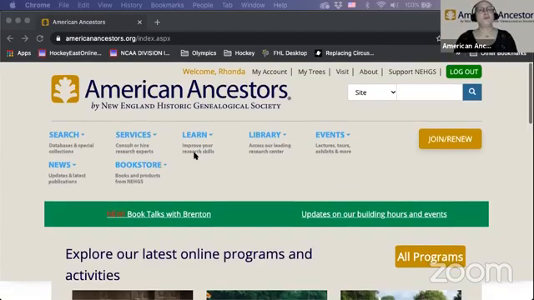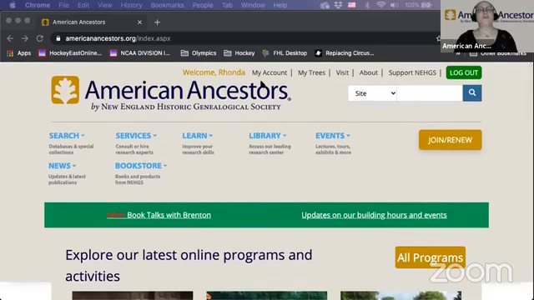So the first thing that we're going to do is make sure that you're logged in. You can see here it says welcome Rhonda at the very top. That is to let me know that I have logged in and have all of my benefits of my level of membership. And then I'm going to take you, and we're going to spend most of our time over here